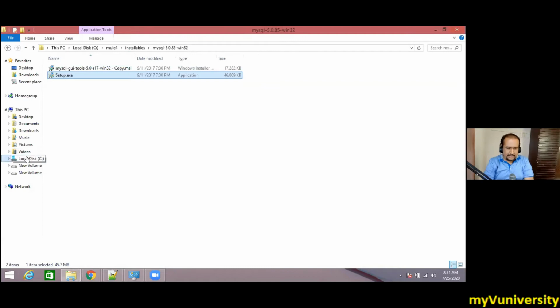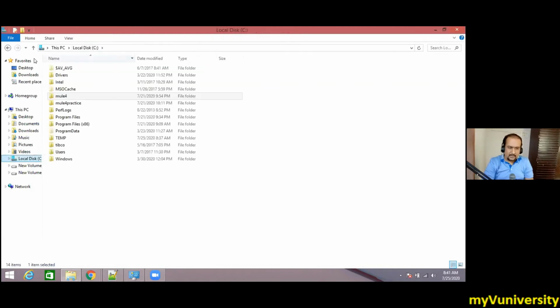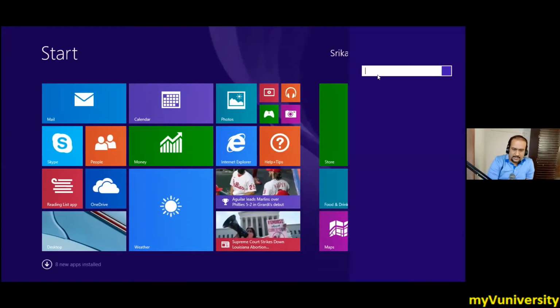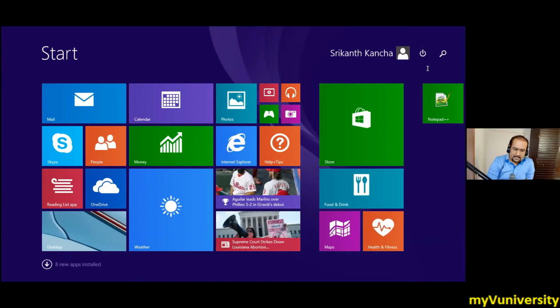Let us do one thing. Firstly, let us uninstall the MySQL DB. So go to Add or Remove Programs. So this is Windows 8, it looks like. Windows 8.1. Okay, so the boxy appearance. Control Panel. My laptop will be slow, Sam. It's 4 GB. I know, 4 GB. Have patience. No worries, Srikant.